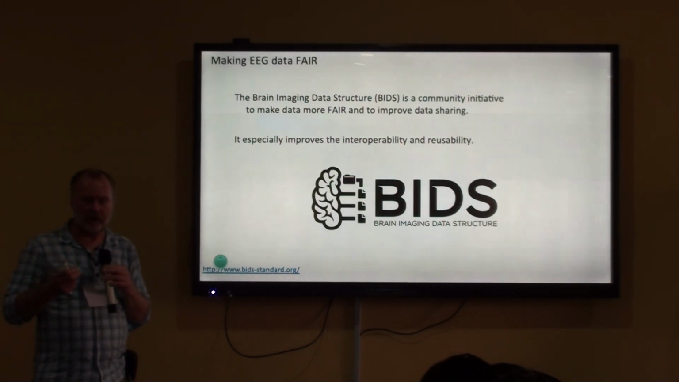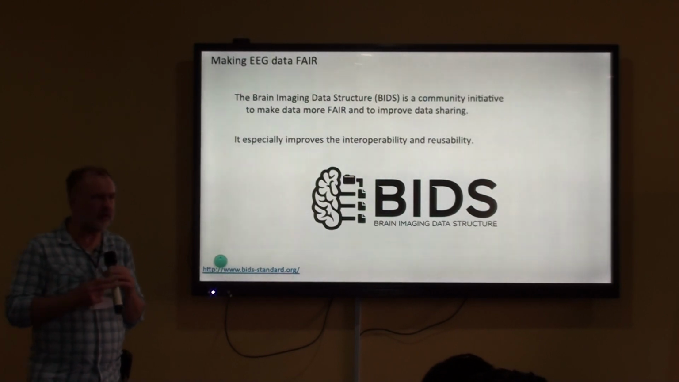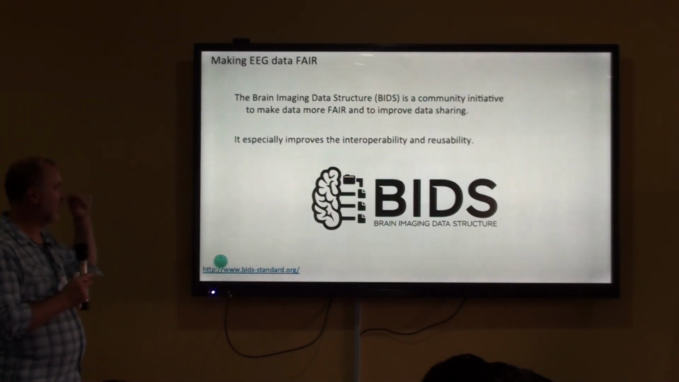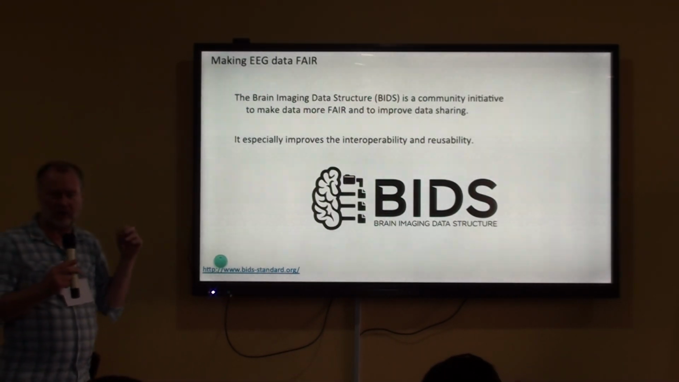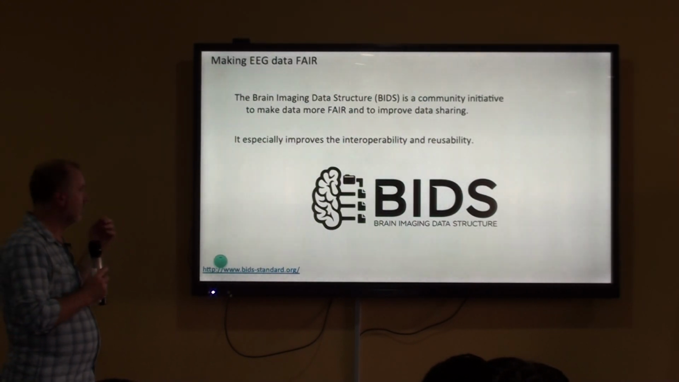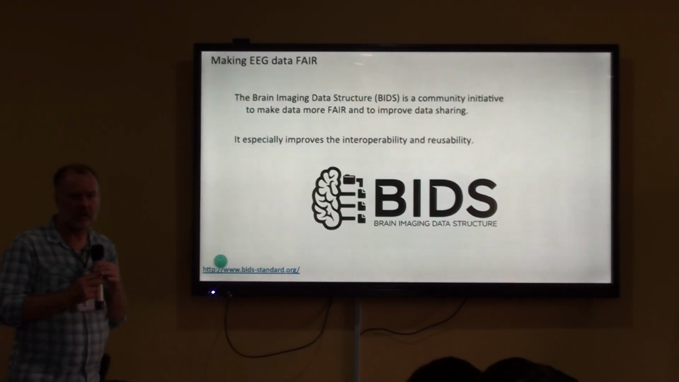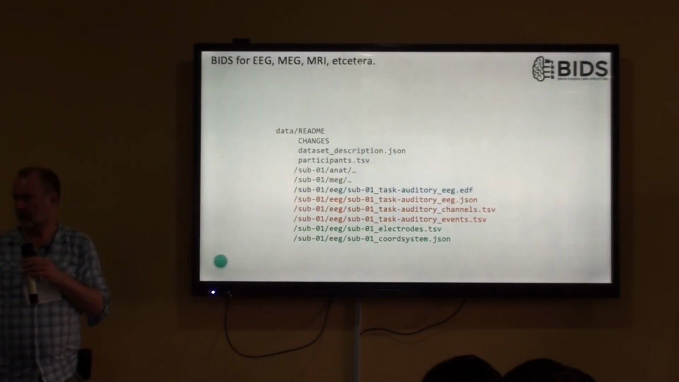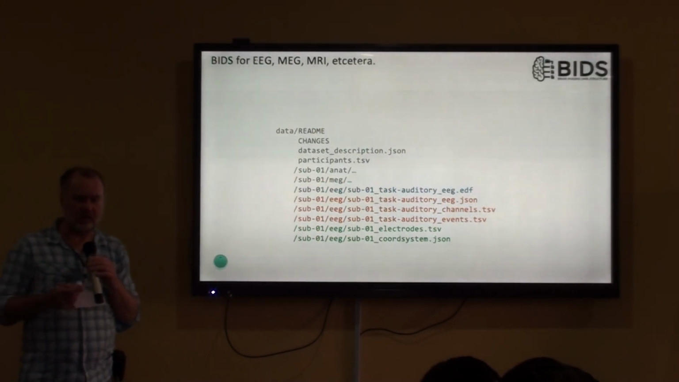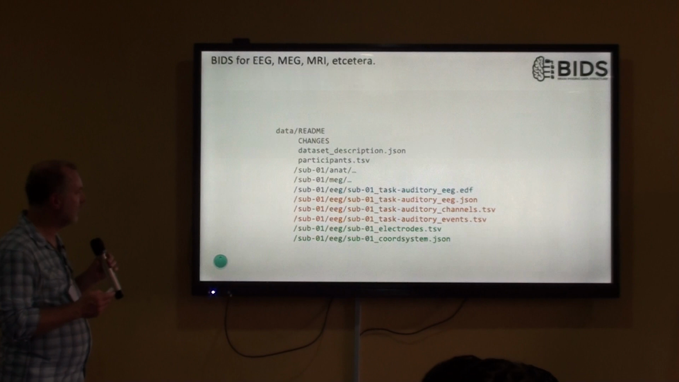In order to make EEG data FAIR, an important project that started about 10 years ago is the Brain Imaging Data Structure. And that is a community initiative to make data more FAIR and to improve data sharing, and especially improve interoperability and reusability. So this is a project that uses existing file formats, but that puts these file formats in a structure where there's also space for metadata. So if you look here,